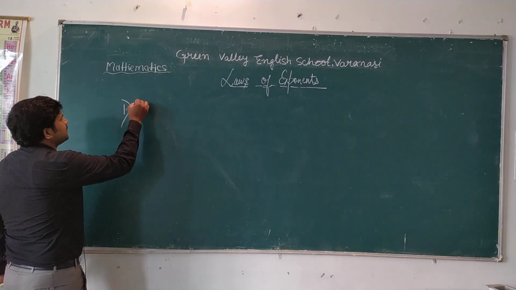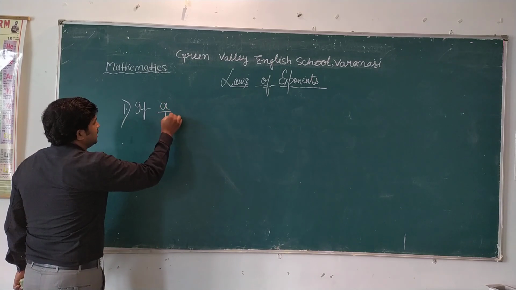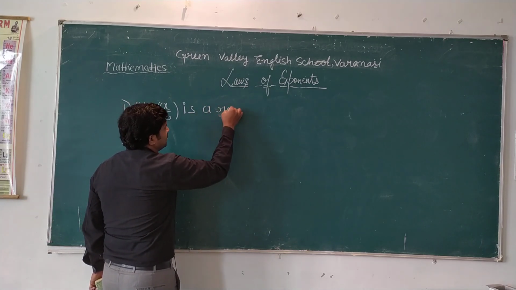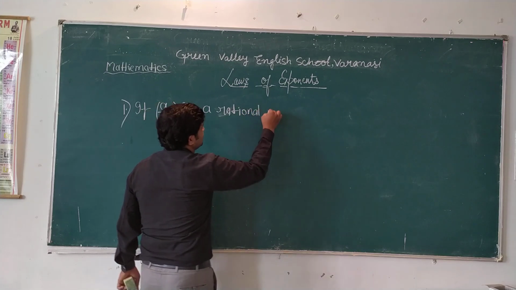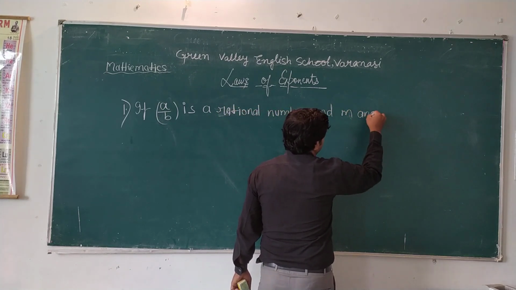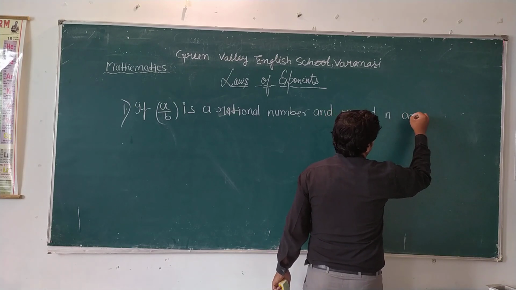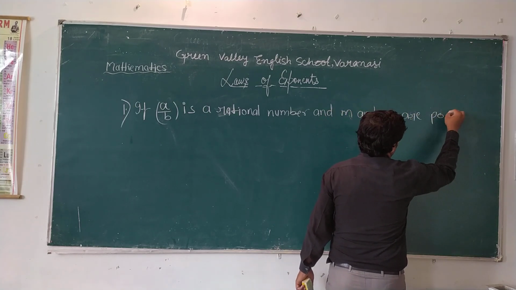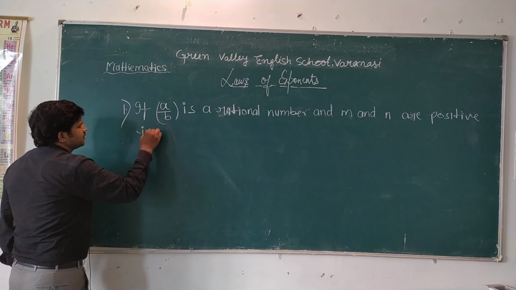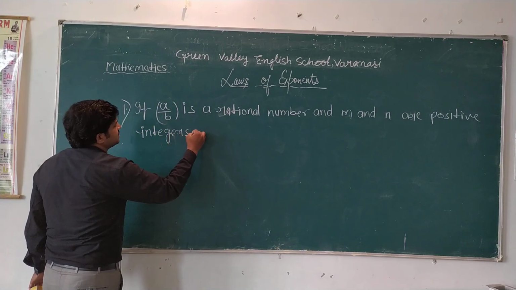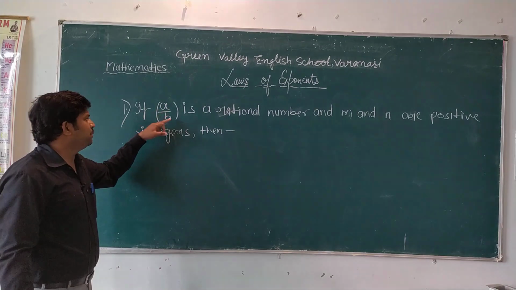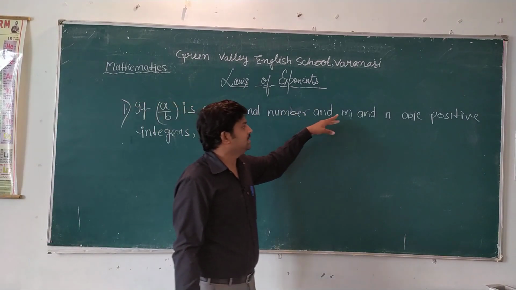Then we can explain: if a/b is a rational number, and m and n both are positive integers, then our first law of exponent is...